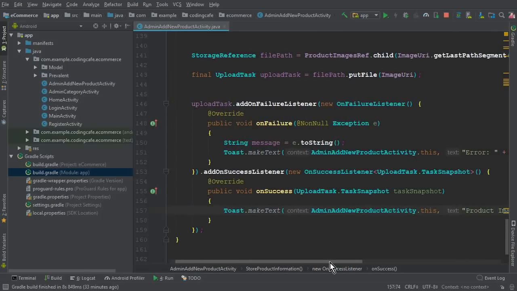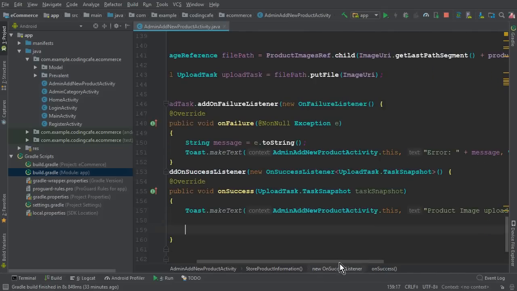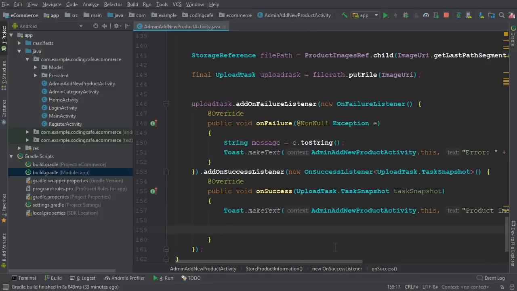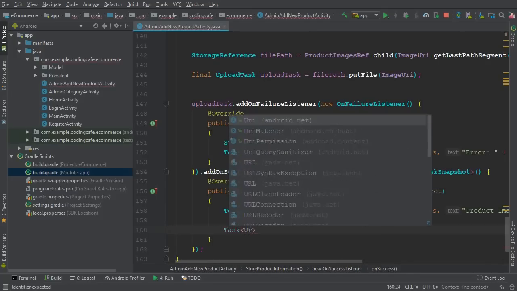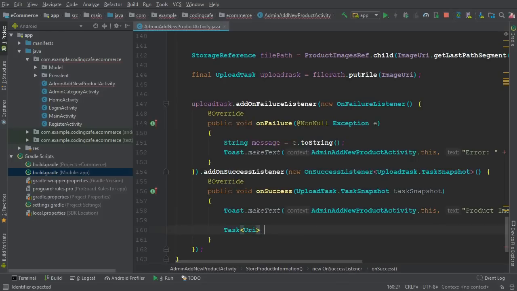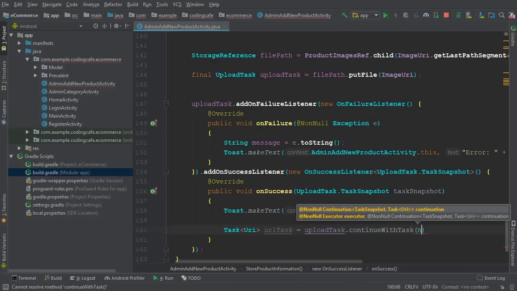Now once this image is uploaded successfully to the Firebase storage, we have to get the link of that image, and we have to store it inside the Firebase database. So how can we do that? Then we will be able to display these product images to the users alongside its information. So here we can simply say Task, put these angle braces, Uri, and we are going to perform the URL task, where we will basically get the URL, or you can say the image link. So here we can simply say urlTask equals uploadTask.continueWithTask, new